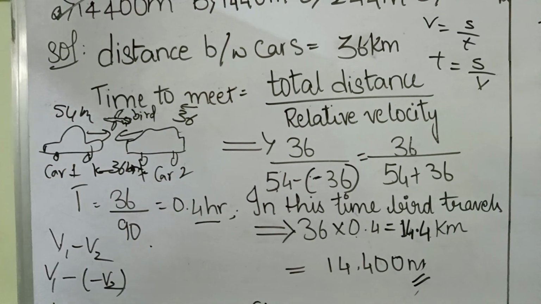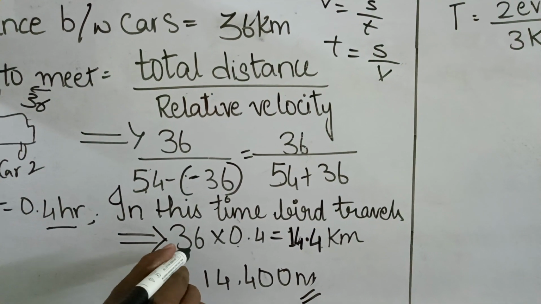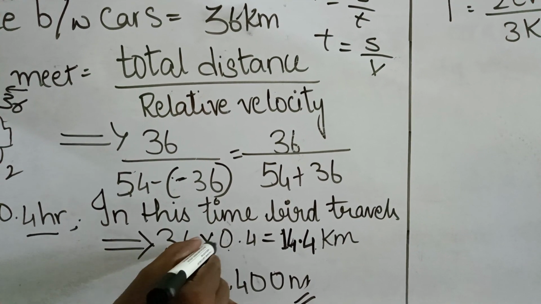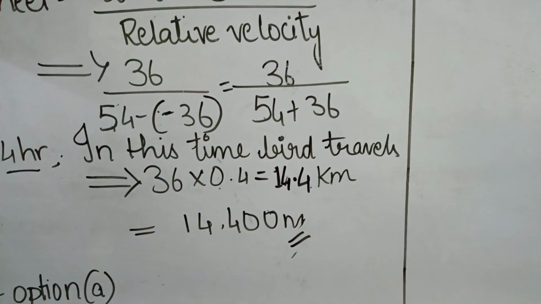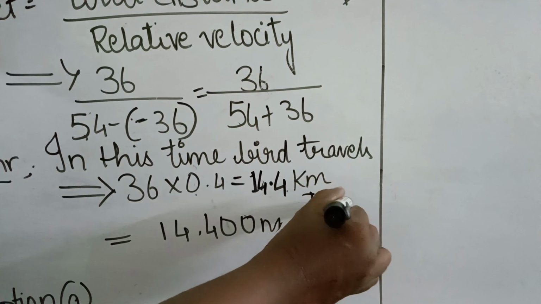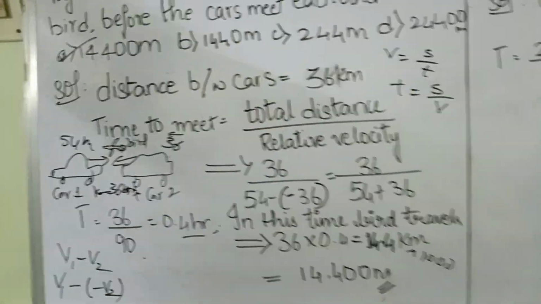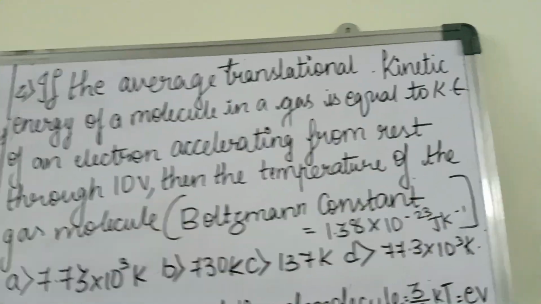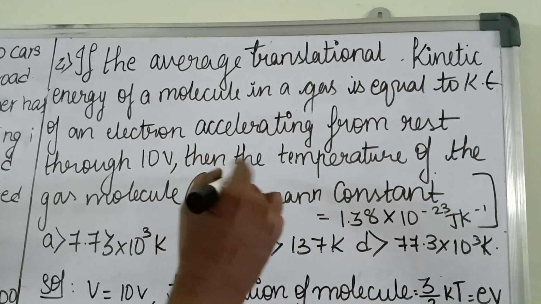0.4 hour. In this time the bird travels, because the bird velocity is 36 kilometers per hour into 0.4, that is 14.4 kilometers. If you multiply with 1000, we get in meters, that is 14,400 meters. This is the option. Next last problem is, if the average translational kinetic energy of a molecule in a gas